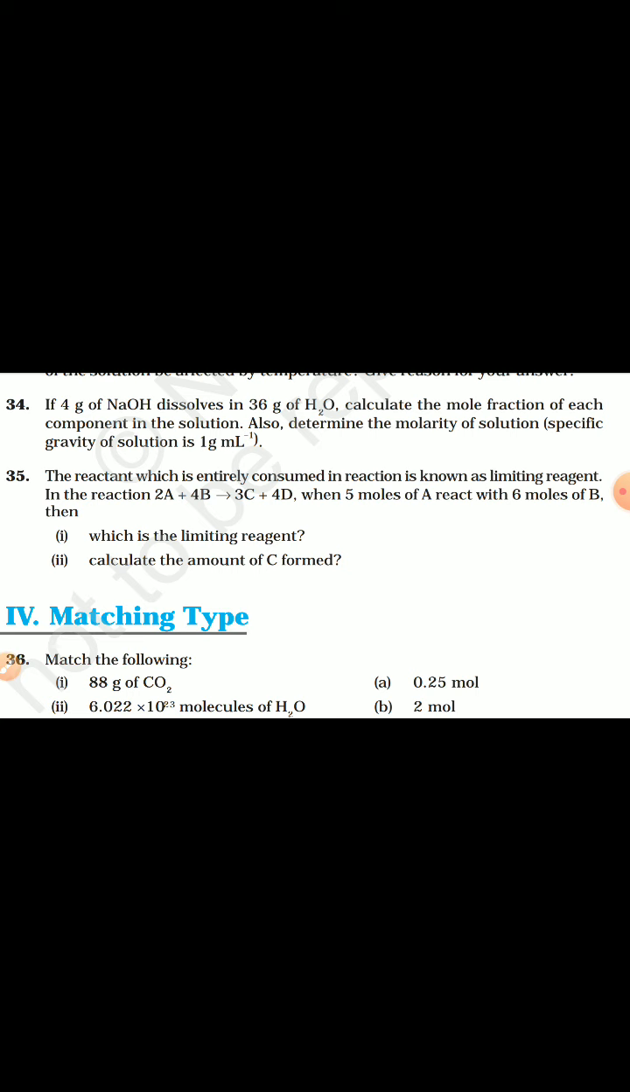4 grams, and as you know, if I calculate the number of moles of the NaOH, that is 4 divided by 40, that is 0.1. So the number of moles of NaOH is 0.1, and then the mass of the water is given, that is 36 grams, and if I find out the number of moles of that 36 grams, 36 divided by 18, that is equal to 2 moles. So the number of moles of the water is equal to 2 moles, and if I find out the mole fraction